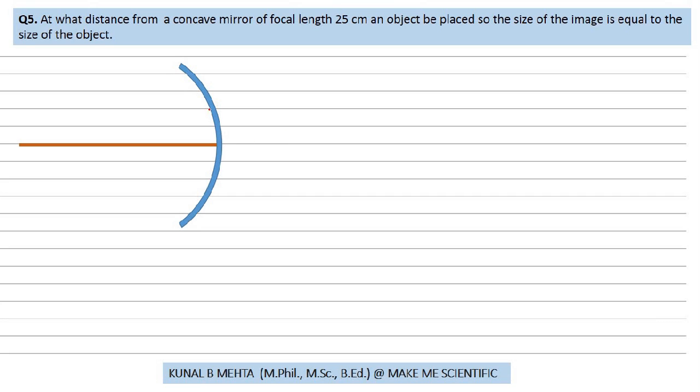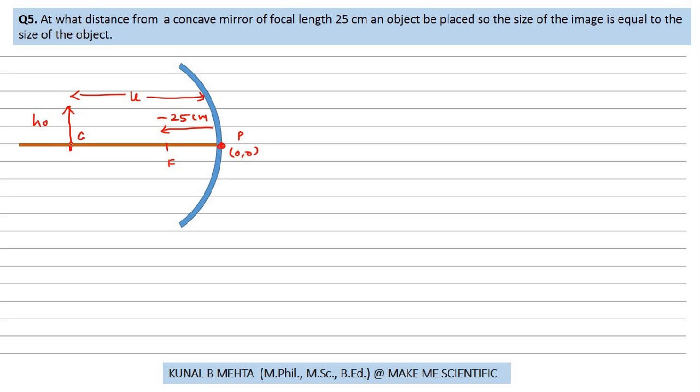Moving on to the next problem. Here, at what distance, that means we are supposed to find out the object distance u. This is the pole. From the concave mirror, focal length is given to us as 25 centimeters, which has to be negative. At what distance should an object be placed so that the size of the object and the image are same? Of course, as per the ray diagrams, this object should be at C,